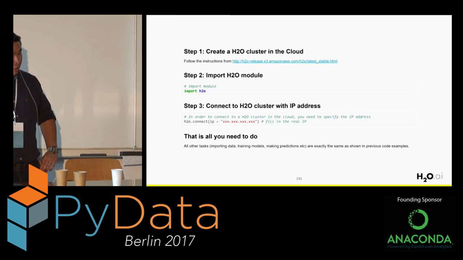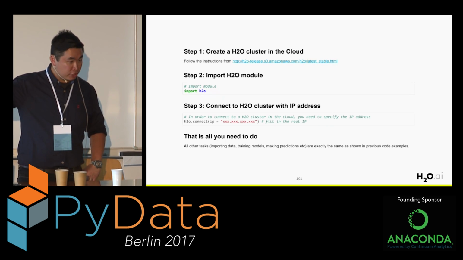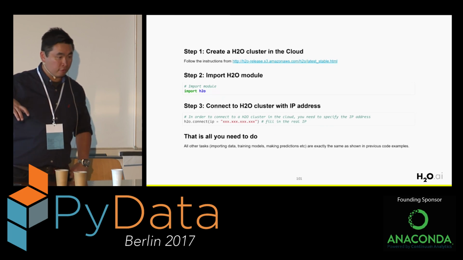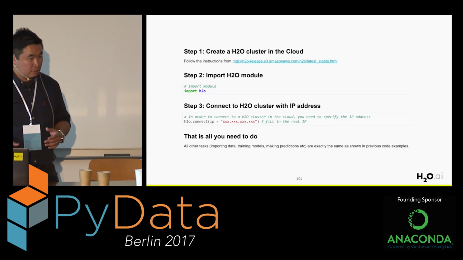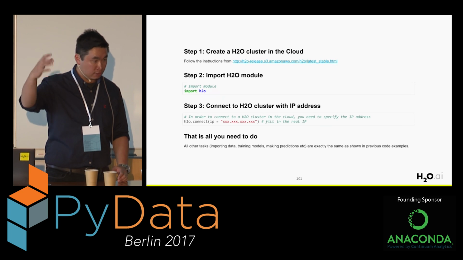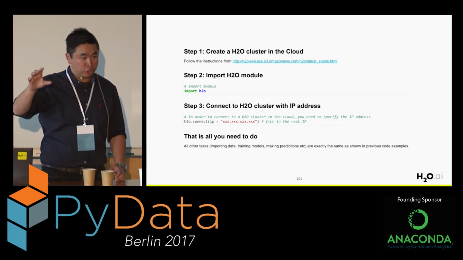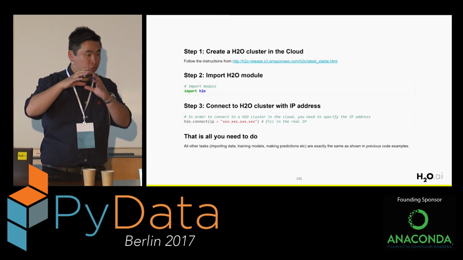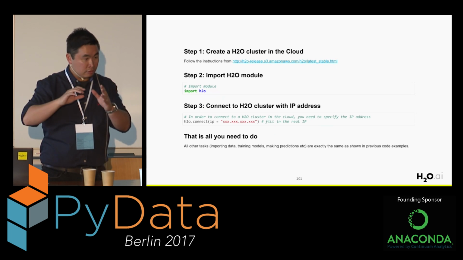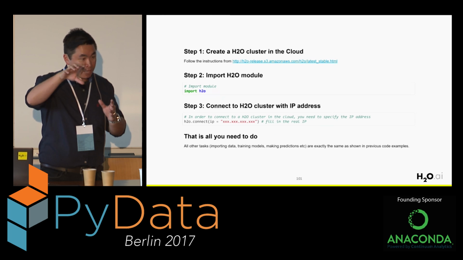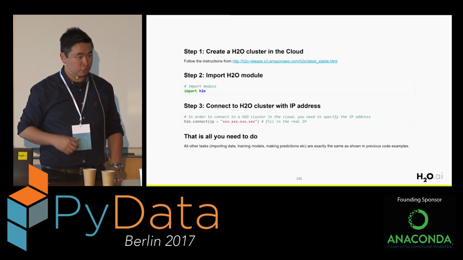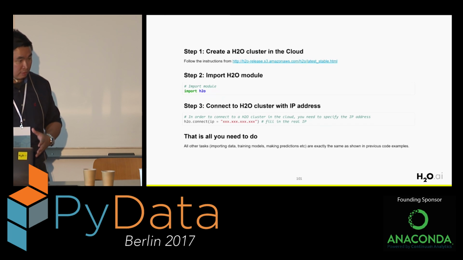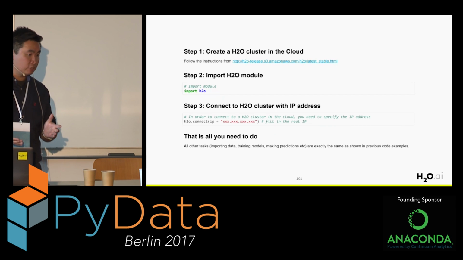Oh, so say if you have Jupyter already deployed on that machine, you don't have to do this step. So this is for your machine. If you want to use Jupyter on your own machine, but you want to connect to the actual cluster that is in the cloud, then you do this step. If you already have Jupyter deployed in the cloud, you can just do h2o.init, so without the IP address, you will just do the initiation in that cloud. Then your Jupyter notebook in the cloud can automatically detect that actual cluster in the cloud. Okay. So this is only if you want to use your own machine away from the cloud. So there are different ways to connect to H2O.